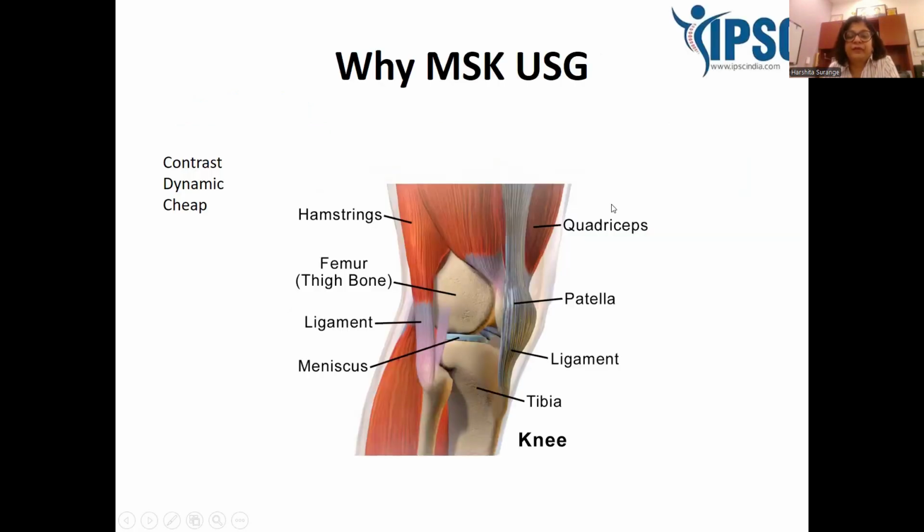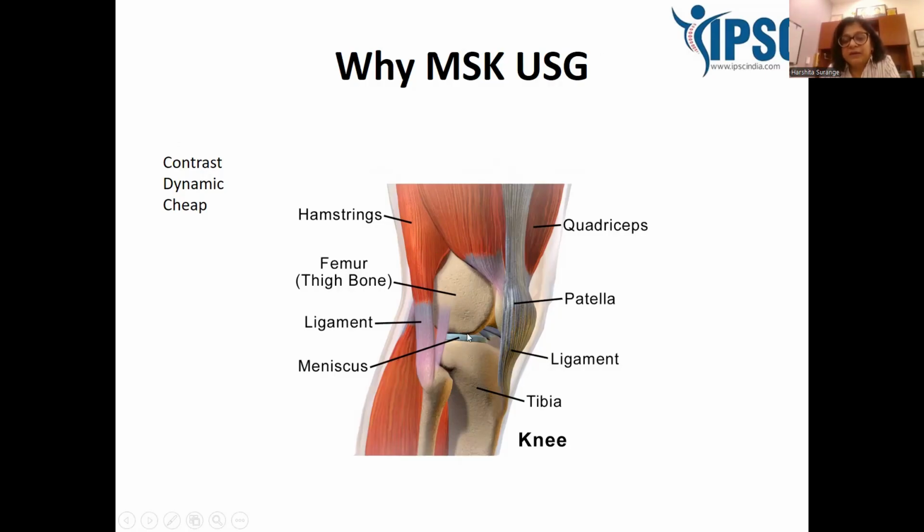So now, coming over to why do we need to do MSK ultrasound? Because in MSK, most of the pathologies are not just intra-articular, they are mostly extra-articular also. When you talk about extra-articular, it could be around the muscles, the ligaments, at the enthesis, around the tendons, at the enthesophytes, myositis, and so on. So all the extra-articular pathologies can be visualized very well on ultrasound, and the efficacy of ultrasound is almost at par with MRI when done in experienced hands.